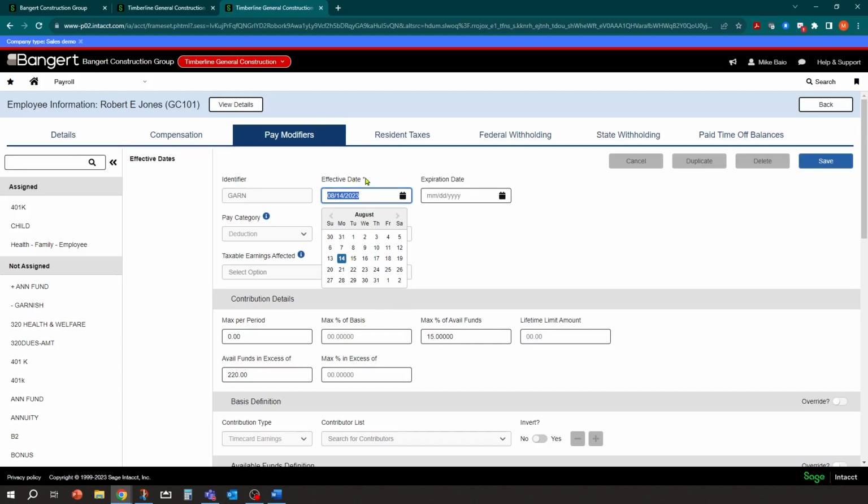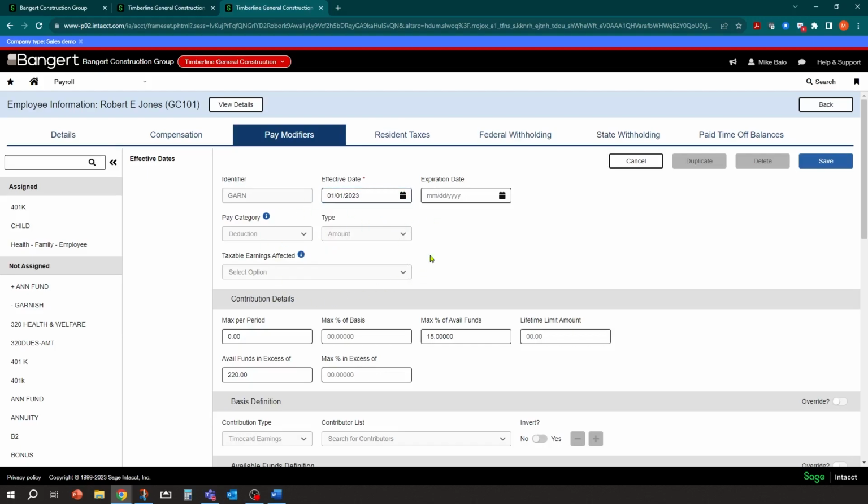It does pre-fill it to today's date. So if you wanted to start this earlier in the system, I like to just put it in the beginning of the year or whenever it does. Maybe it's not effective until next month and you want to set it up ahead of time. This is a great tool where you can put it in and make it effective for September and get it set up ahead of time and not worry about it calculating. Okay. So these effective dates are a great tool.